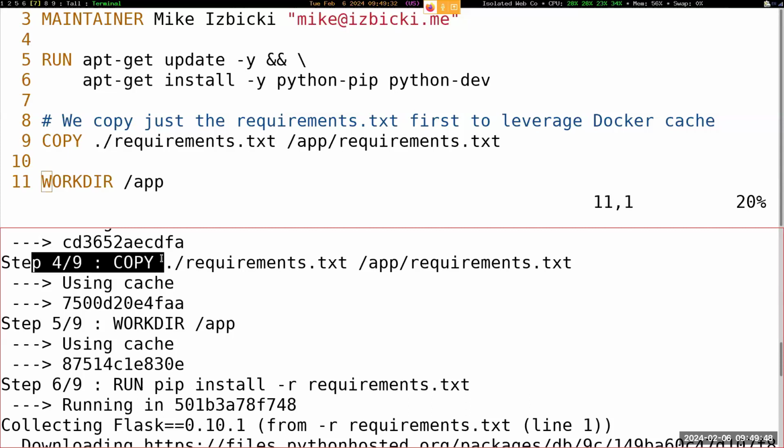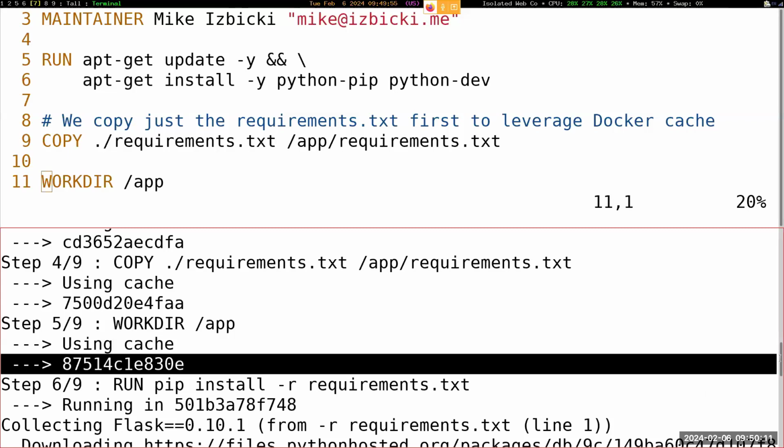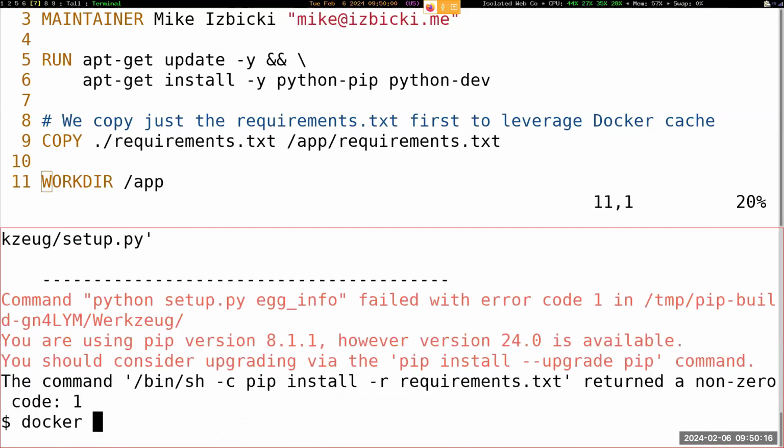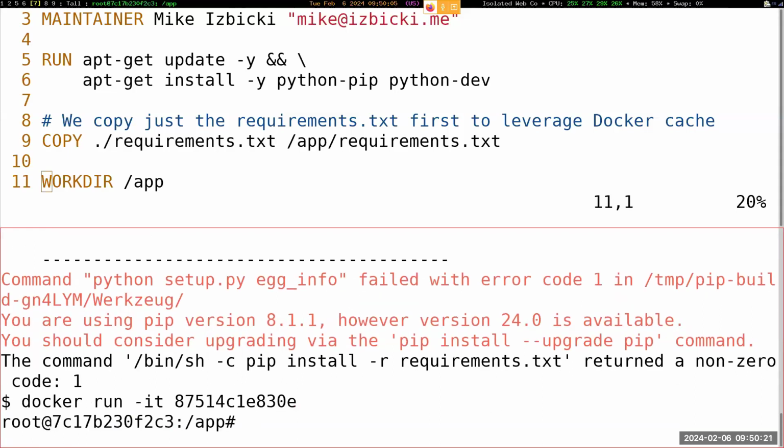You'll notice that at the end of each of these steps, there's one of these hash values right here. These hash values refer to the hash of the image that's been created so far. So I can use any of these hash values to start a container from this location. Let's do this hash right here because this is the one right before our failure down here. I'll type docker run -it and then that hash value. And if I do that, you can see that it puts me inside of a Docker container right here